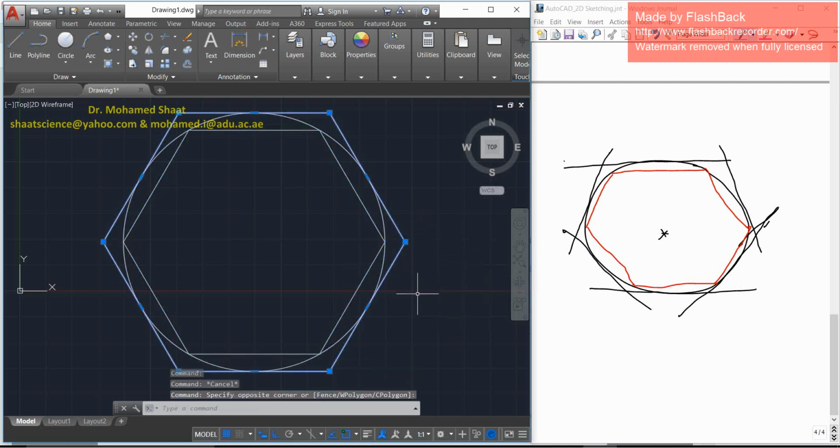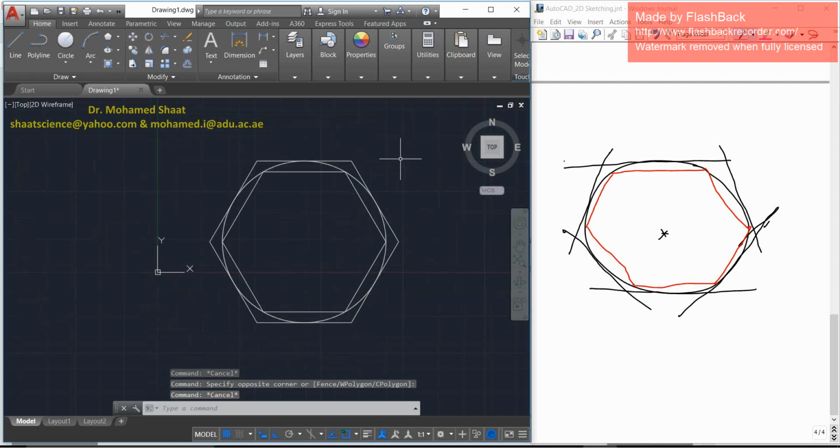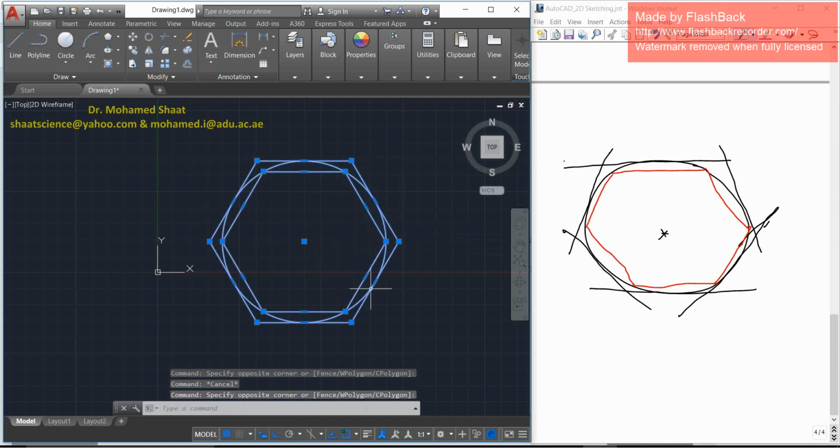The external, the circumscribed polygon, is tangent to the circle at these points, right? Agree? As you can see, it is tangent to the circle, but this one is intersecting the circle at these vertices or these corners, right? So this is simply for the polygon, and instead of just drawing 6 sides,